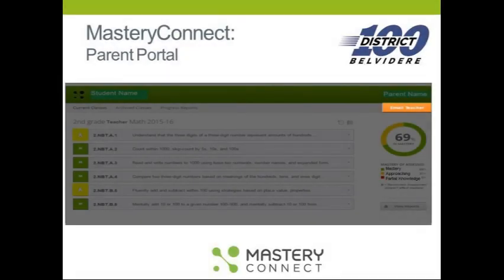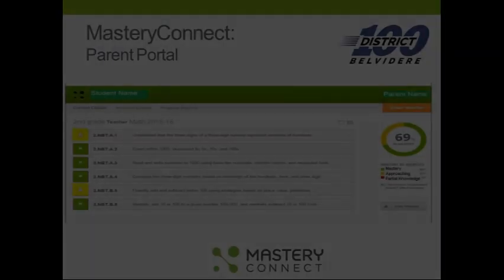There is an email teacher button at the top. If you use this button, the teacher will receive an email for Mastery Connect with your message. Teachers get many emails for Mastery Connect and might not realize that this is a parent message. It is still best to continue to contact your child's teacher through the district email account that you already use. This will prevent any communication from getting overlooked.